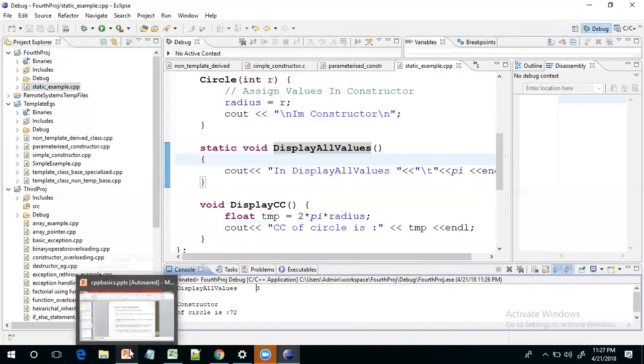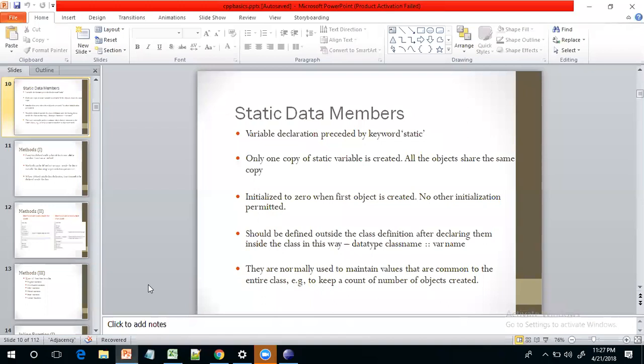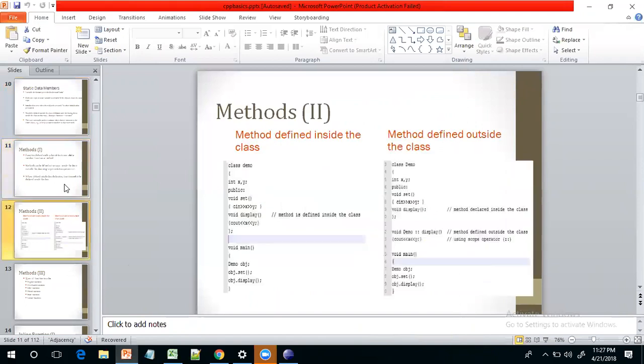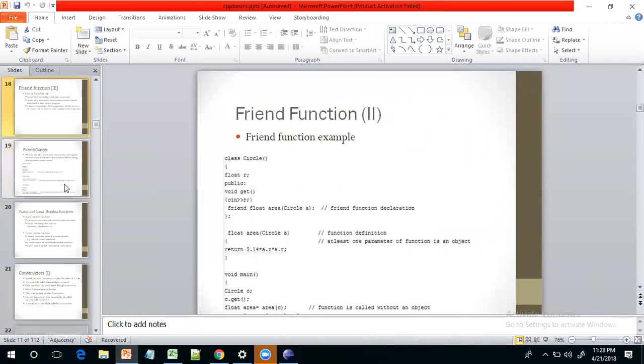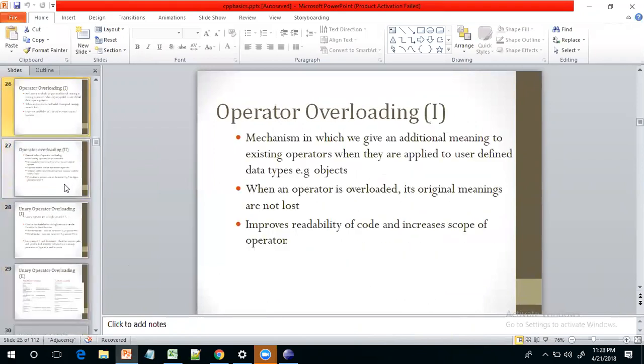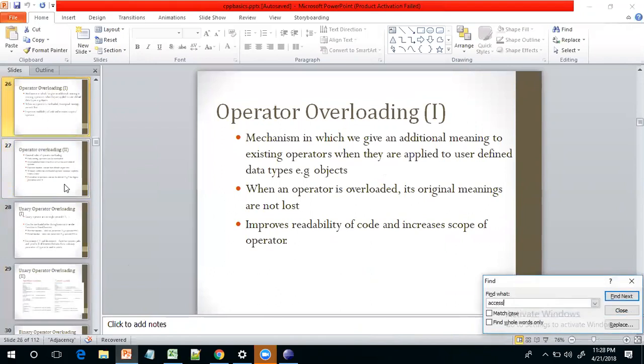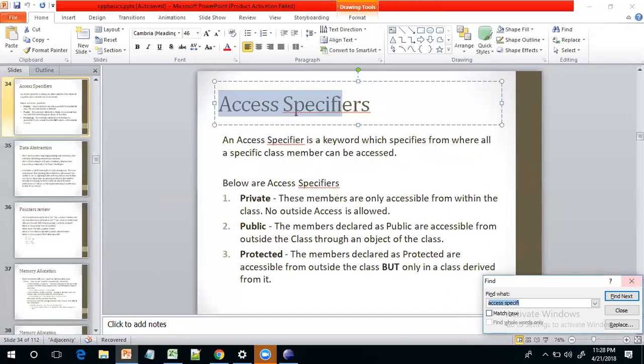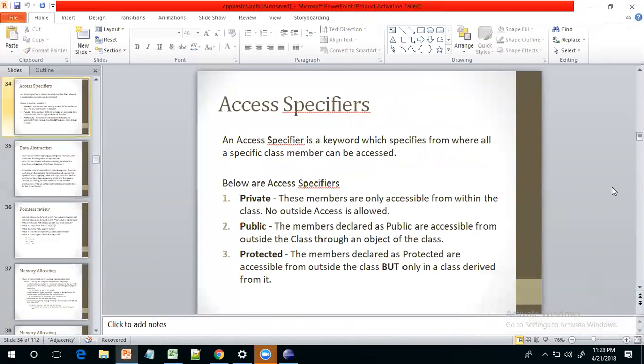Now I want to talk about access specifiers. So what is an access specifier? Whenever there is a member of a class, let it be static, non-static, whatever, we are not bothered about that right now, you can specify an access